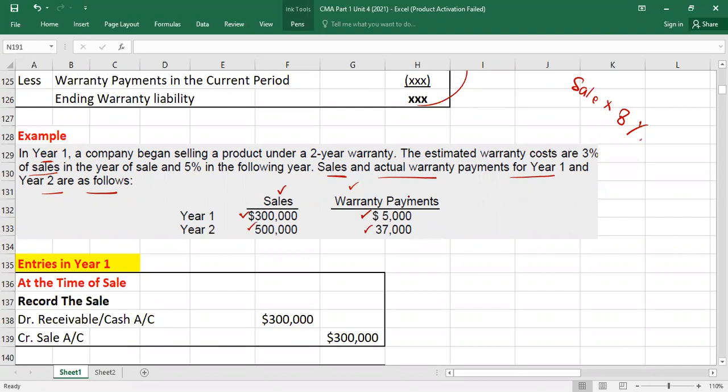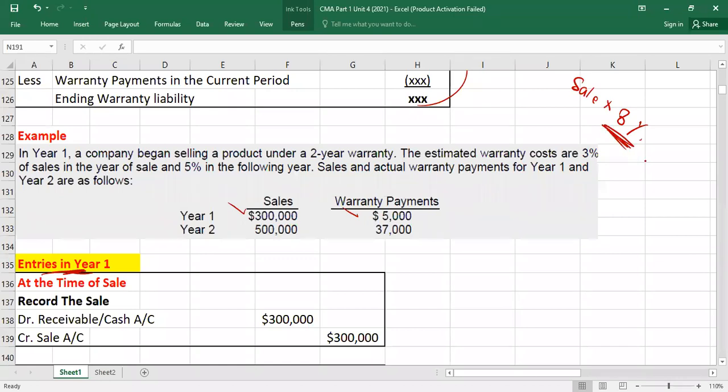Right? So my point is, I'm asking you to do the accounting for both years, from entries till the balances, till the financial statements. And then I will solve in a shortcut way for any given period. Understood? So look here, in year one, first detail I'm sharing with you. In year one, what you have to do? These are the entries for year one. In year one, we have sales of 300, warranty payments of 5,000, and we have an estimated expense and liability of